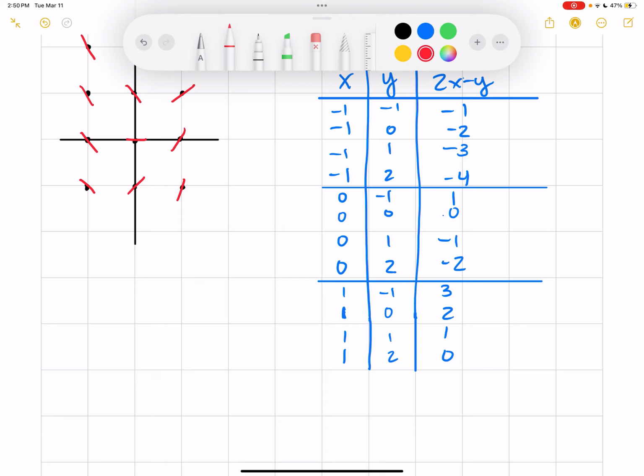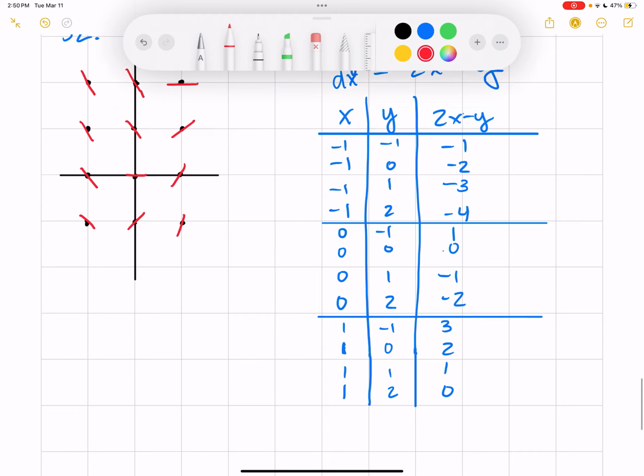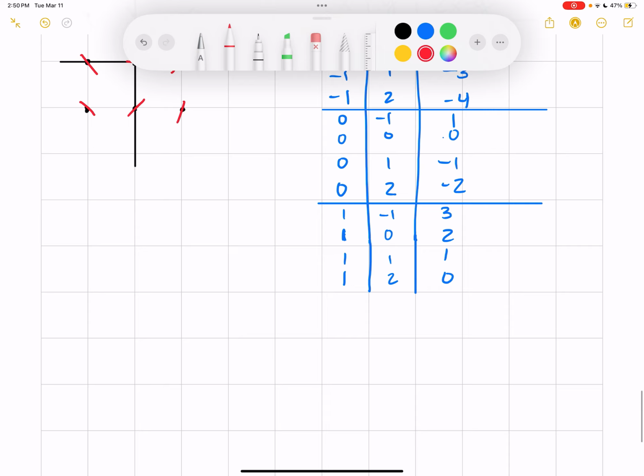You won't have to do one bigger than that on the quiz or the test. Now, I will probably just tell you to do it like we did in class. It'll say something like from x -1 to 1, on the y -1 to 2, and you'll just need to set up the graph. It's not going to be given to you, but it'll be just like these ones. All right, the next stuff in this section,